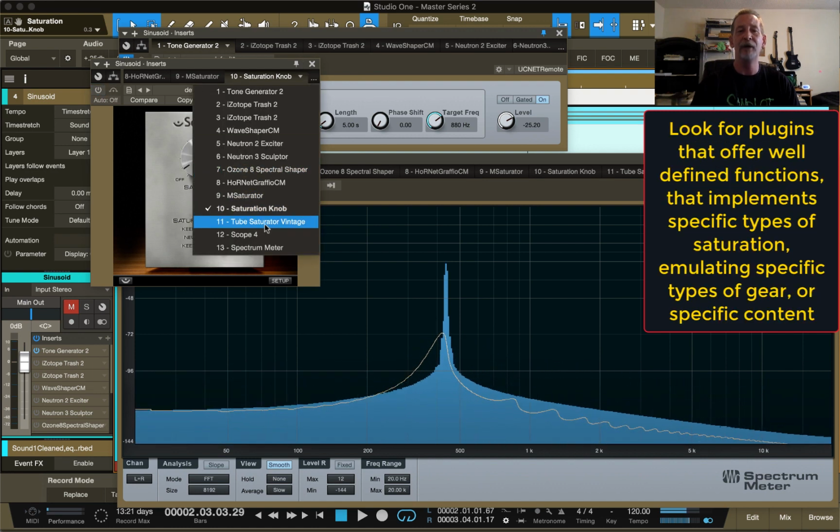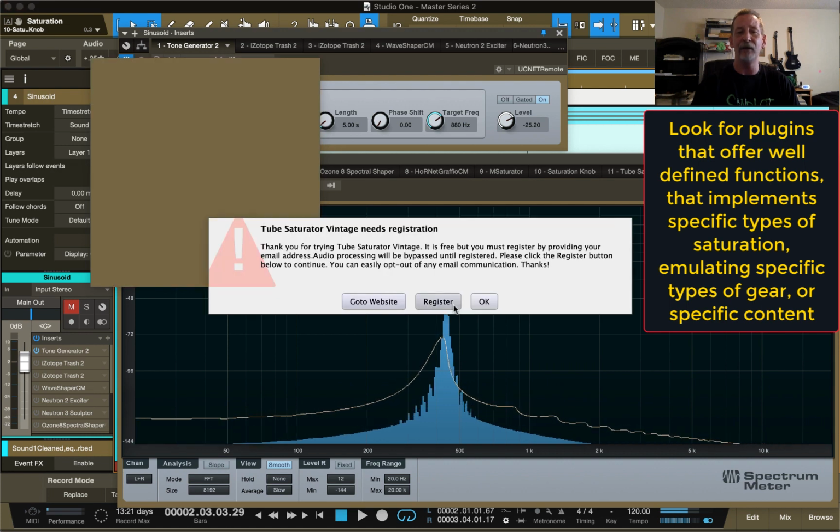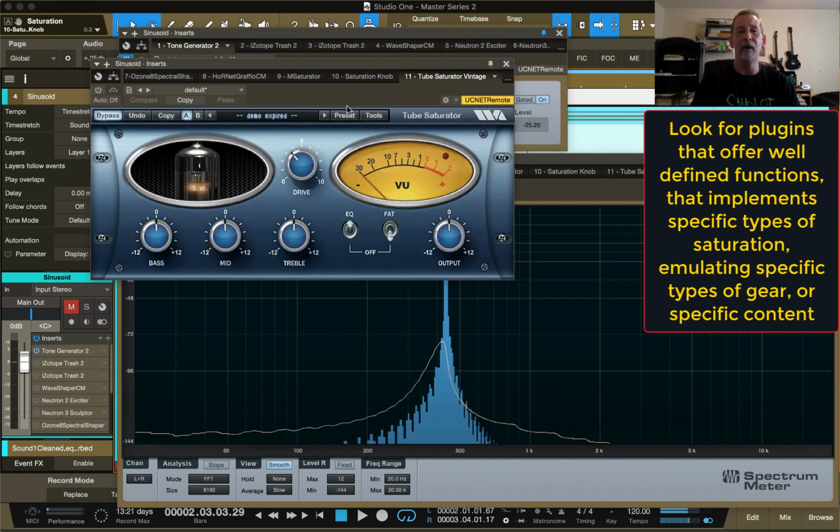You've got tube saturators, and you've got this one right here. There are all kinds of saturation plugins. The biggest thing you want to keep in mind is to figure out what it does. Calculate the harmonics. Is it giving you even harmonics? Odd harmonics? How many of them? Is it giving you non-harmonic distortion? Is it tailing off? Is it fairly flat across the spectrum? You want to know what it's giving you so that when you go to use it, you understand the components of the sound you're working with,